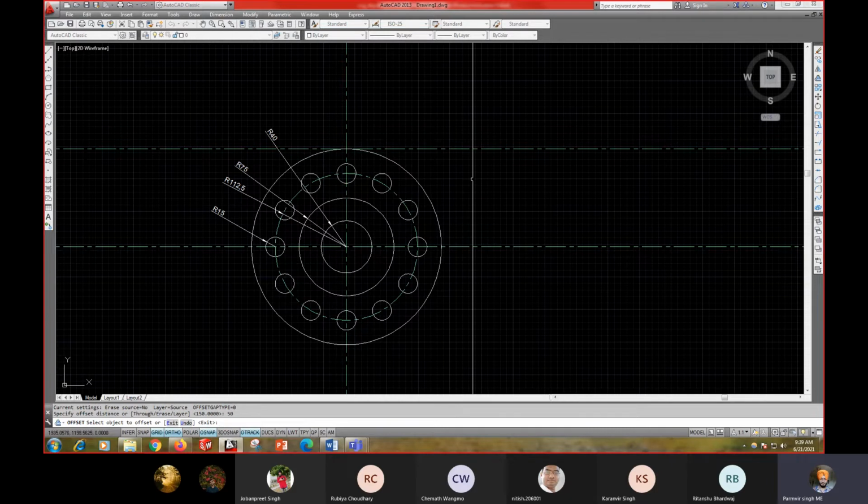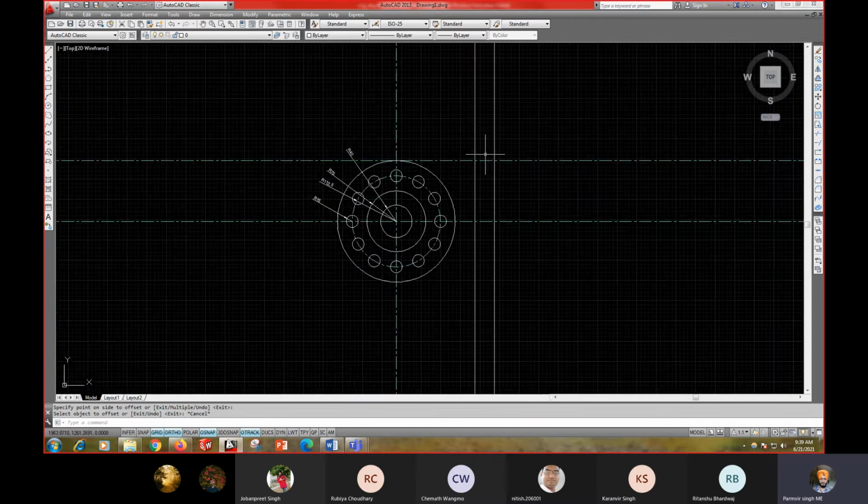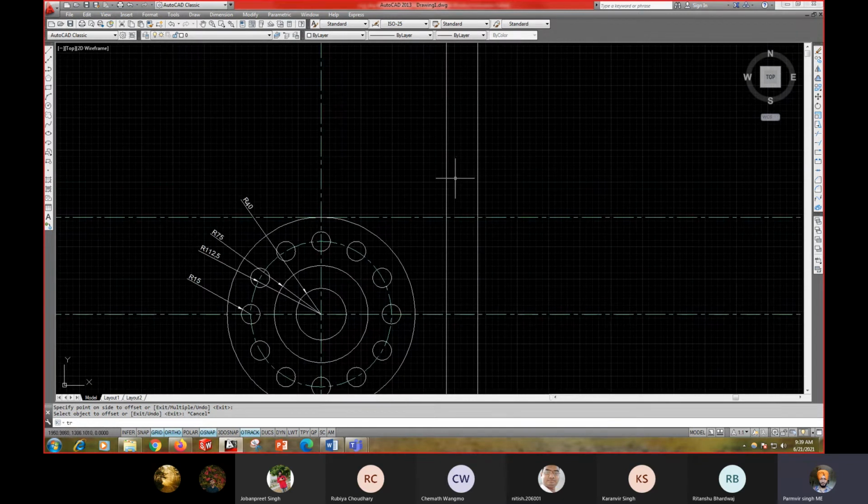Then select this line, then give the right side direction and click the mouse button, then OK. Now you can see you have created the line. Now you can use the trim command, TR, double enter, select your first line, select your second line, then select this line and erase it.